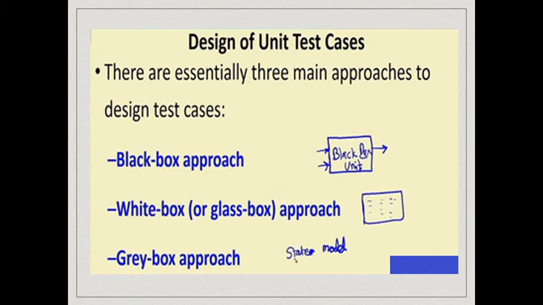In the black box approach, we do not need to know the entire detail of the software. We just view the unit as a black box. This is our unit. We just know that if we give input to the black box unit, it should behave in some way, in the sense that it will produce some output. So in the black box approach, we design the test case by observing the input that should be given and the output that should be produced.